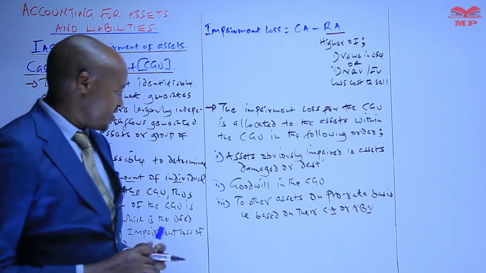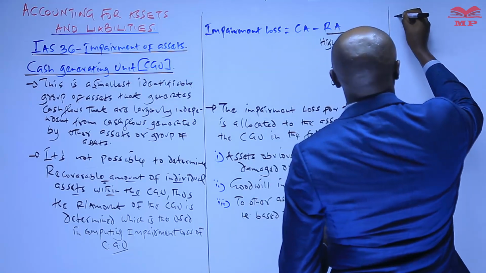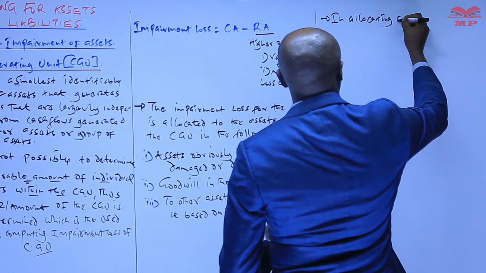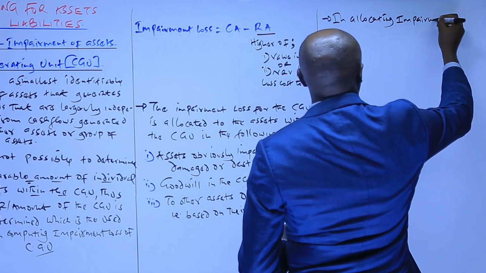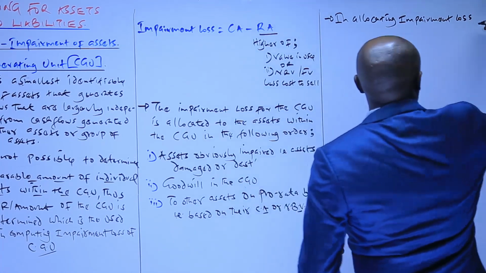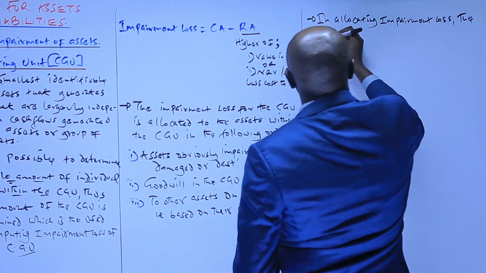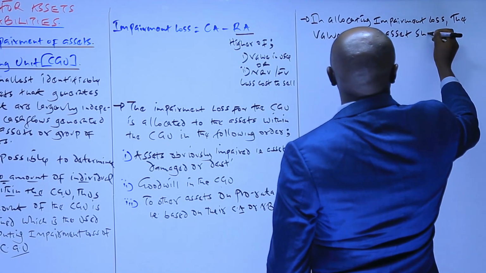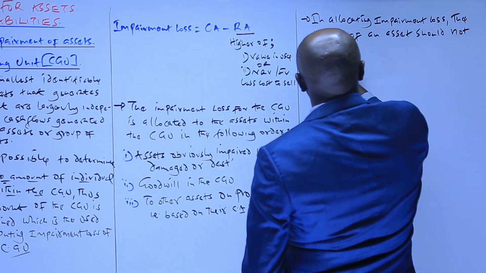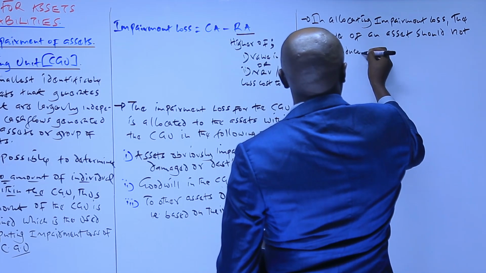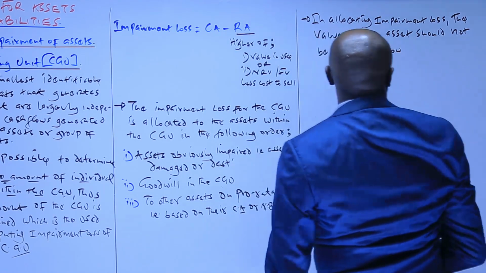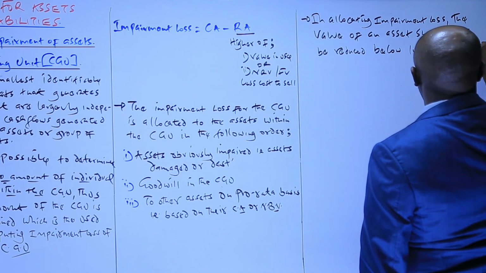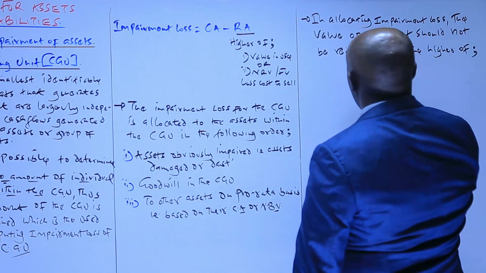So therefore, we can say in allocating the impairment loss, the value of an asset should not be reduced below the higher of three values. Number one,